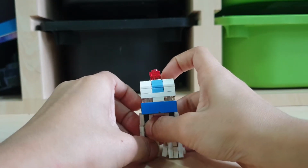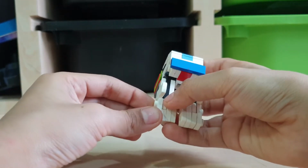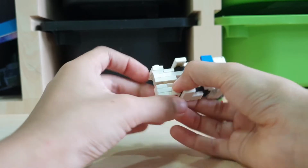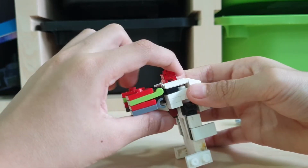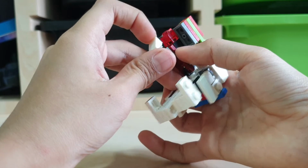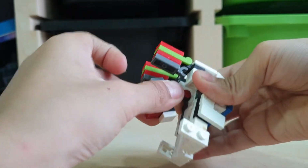slide this forward. Hold on, the tooth piece is coming out. Slide this that way back to have that balance on Ratchet's feet. Then you want to just pull that down, swing that up, rotate it,